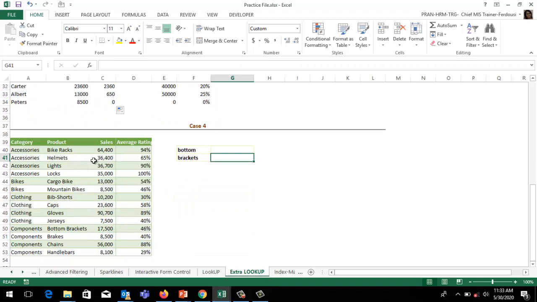In this case, we like to share different examples. That means we have product bikes, racks, mountain bikes, cargo bike. That means we have different types of product with bike. That means that is not a unique product with bike. Now we can use VLOOKUP function. Use equal sign VLOOKUP.